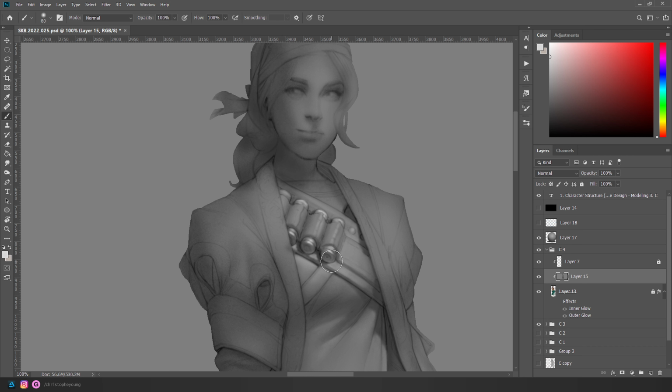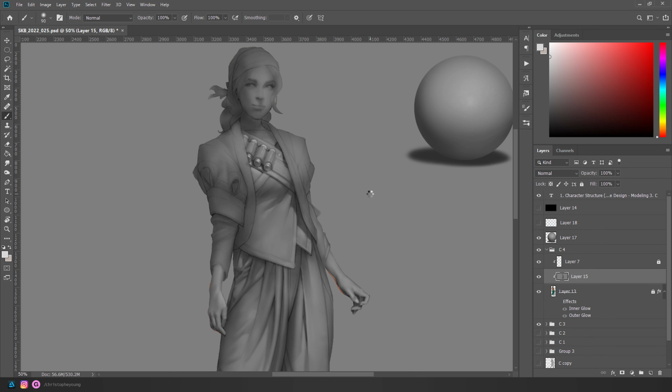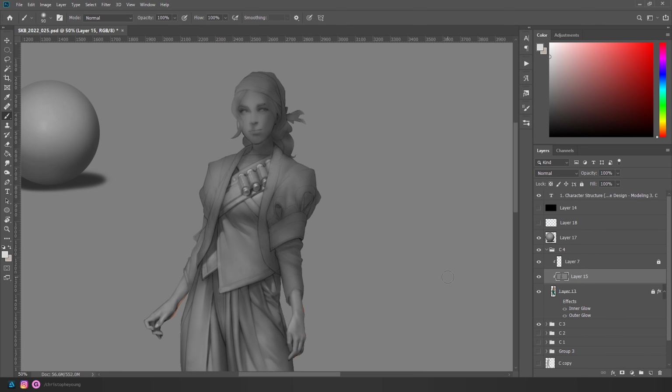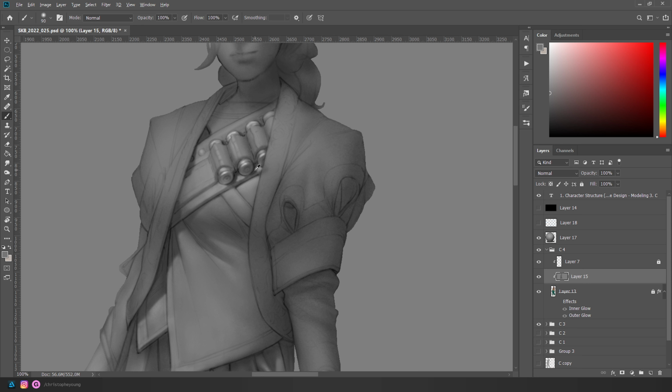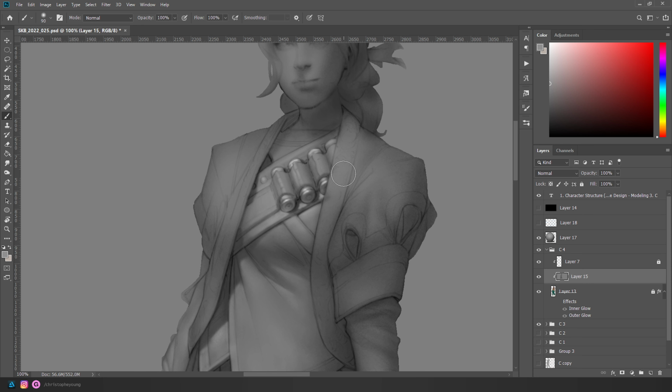Might have a little bit of bounce light on the bottom of the metal, so that's coming out nicely. And then I think it's gonna be quite metallic here too. So you'll have a highlight on that edge to show that there's thickness to it. And maybe on this one,